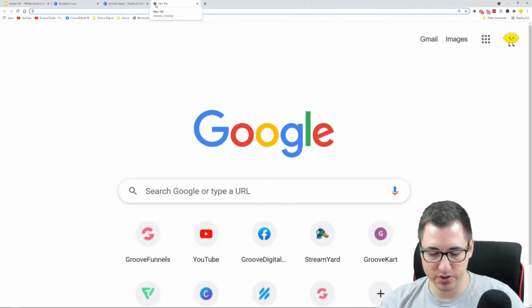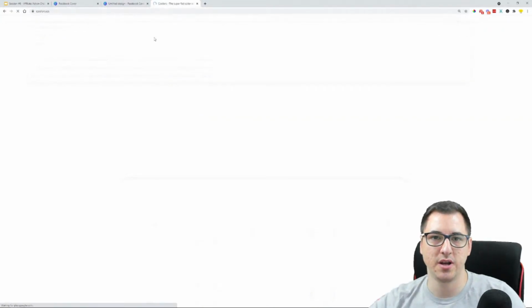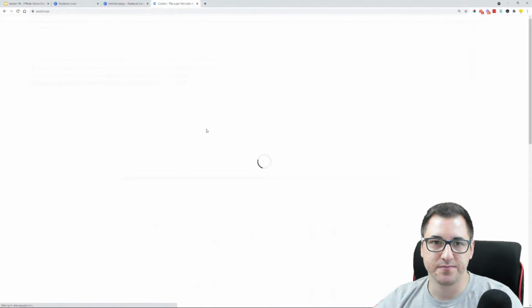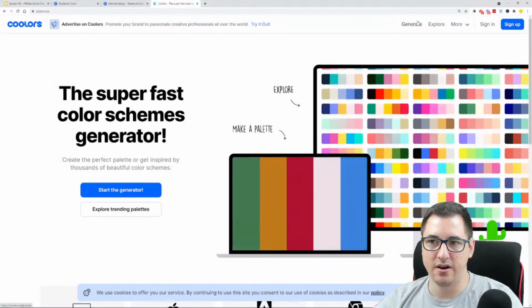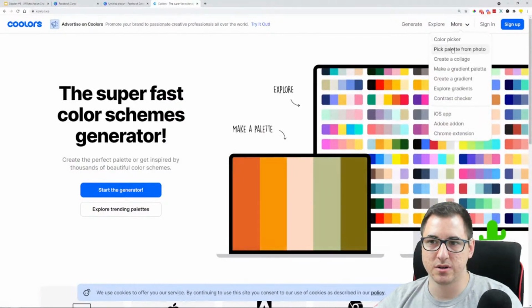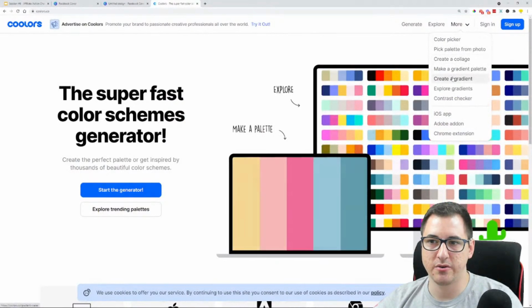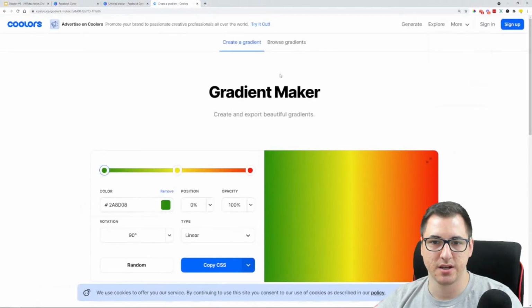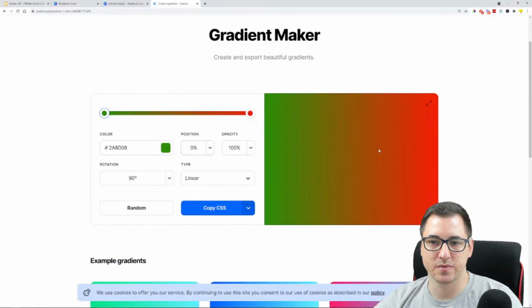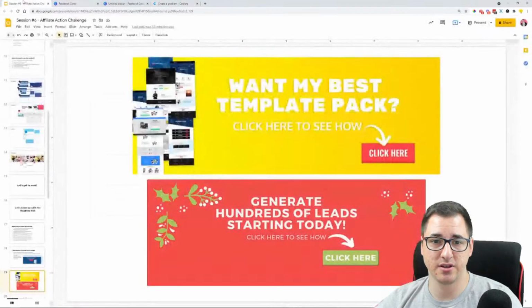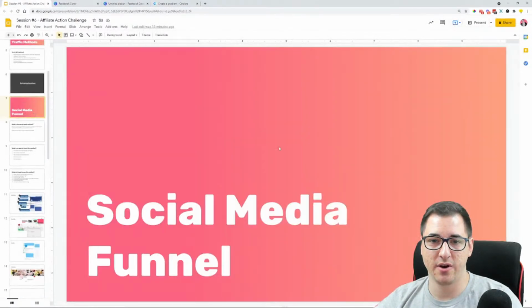So what you could do is also go on coolors.co and create a gradient. Make a gradient, create a gradient. Here we go. So you can create different gradients from here, and the actual affiliate action challenge gradient was created